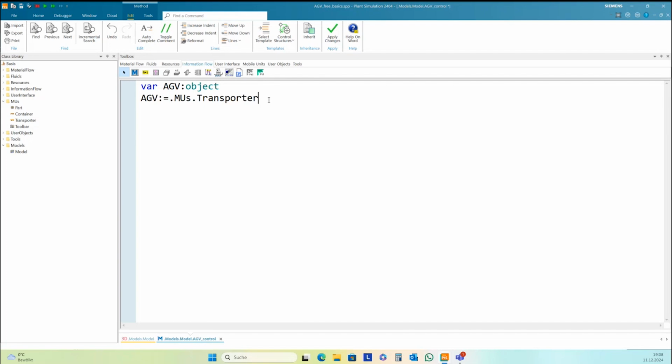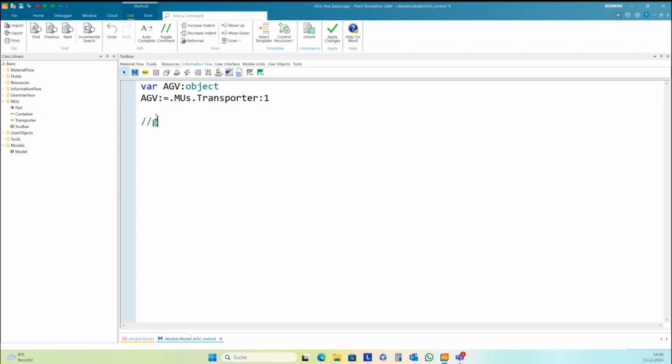If I only create one, then this would be the transporter 1. There are some other ways to call the AGV via the AGV pool, for instance. But for this very simple example, I can do this in this way.